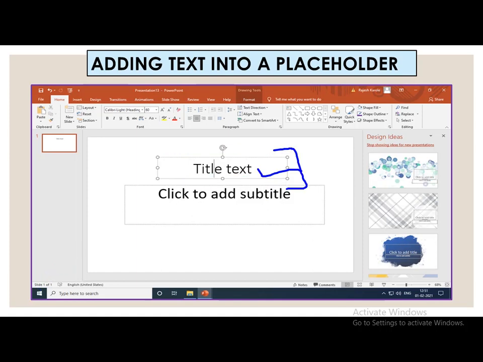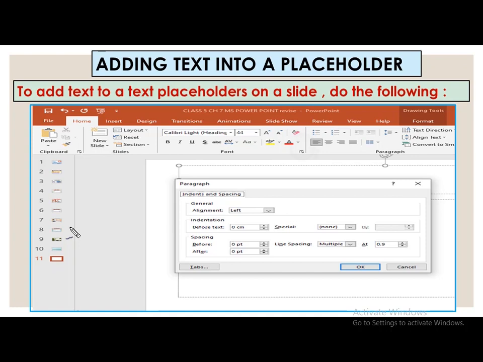After that, click on the Home tab. This is the Paragraph group. Click the dialog box launcher. This is the dialog box launcher, children. When you click on this dialog box launcher, a Paragraph dialog box will appear on the screen as shown in this figure. In the Paragraph dialog box, on the Indents and Spacing tab, make any changes that you want to alignment.